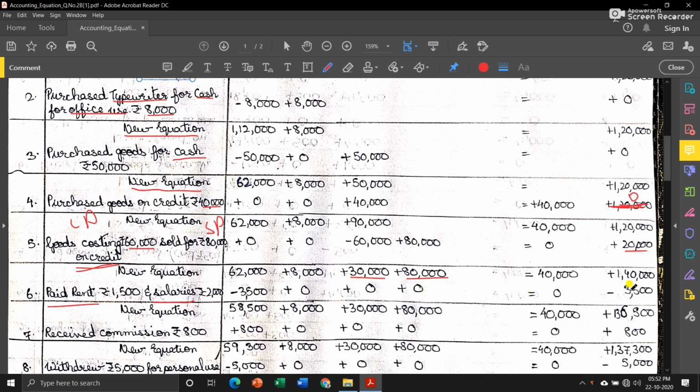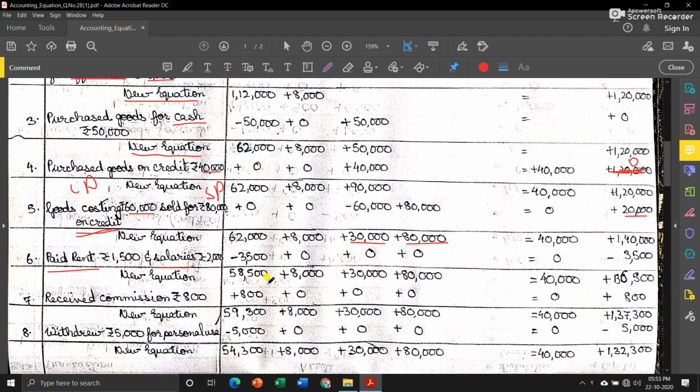But since we took out cash from the business and in return we haven't received any asset, we will deduct this 3,500 from capital as well. Okay, so new equation will be 62,000 minus 3,500 will give us 58,500. Typewriter as usual 8,000, goods 30,000, debtors 80,000, creditors 40,000, capital 1,40,000 minus 3,500 will give us